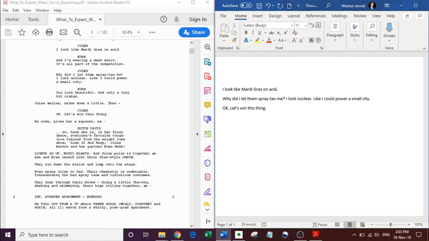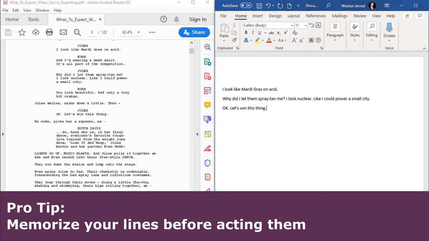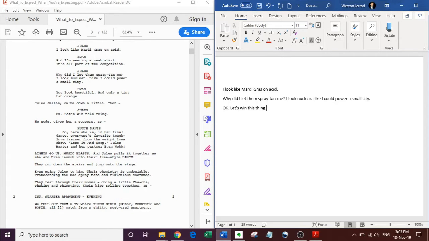Notice that I am trying to go through this, and I'm not worried about the acting portion of it. Naturally it's just coming out of my voice, the way I might say it. But I actually want to memorize it without any feeling. It just needs to be the lines, okay? I'll add the feeling in at the end as I'm practicing it. And I'm actually just going to skip over Evan right now also, okay?